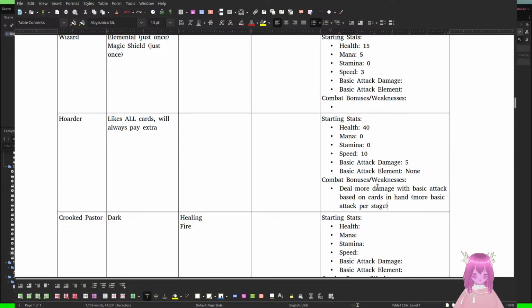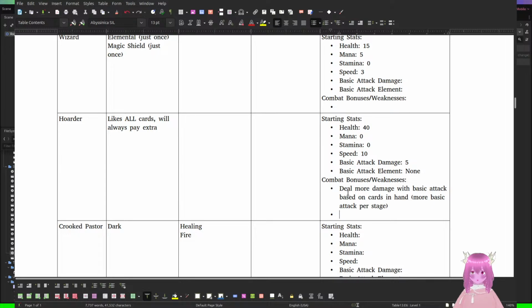So like at stage 1, it'll maybe be 1, and then at 2, it'll be 2, at 3, it'll be 3. Because this can get out of hand. I think that's the only effect I'm gonna have on the hoarder though.